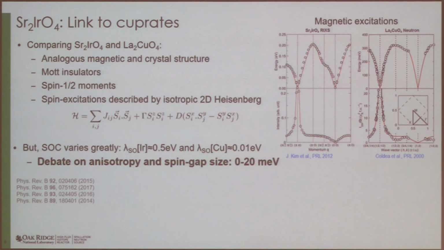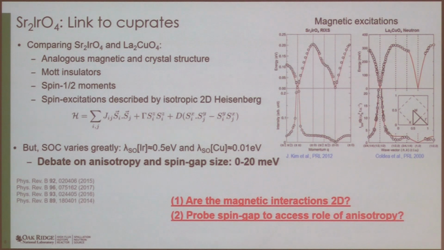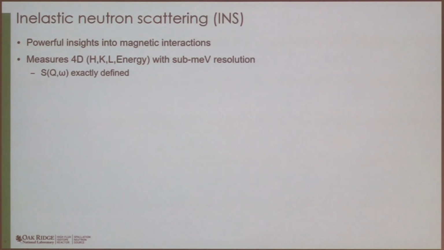Yeah, okay. So the two points that I'm going to hopefully convince you, or at least start to look at, is: is this model applicable? Can we use a 2D isotropic or anisotropic model? And what is really happening in this low energy region? Can we access the spin gap and then try and understand the anisotropy? Okay, so